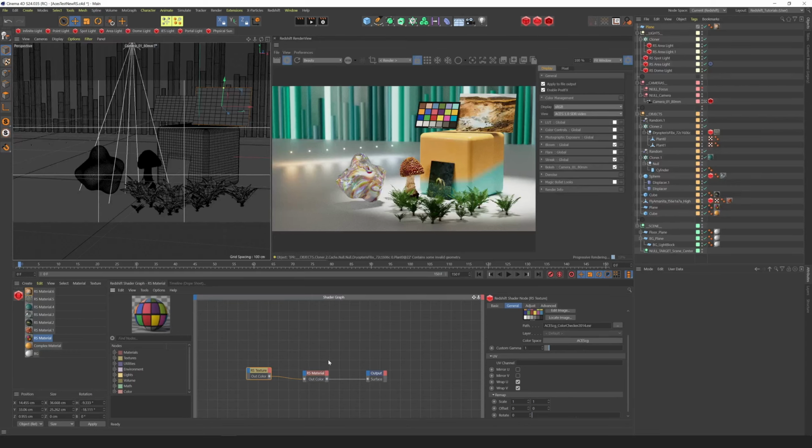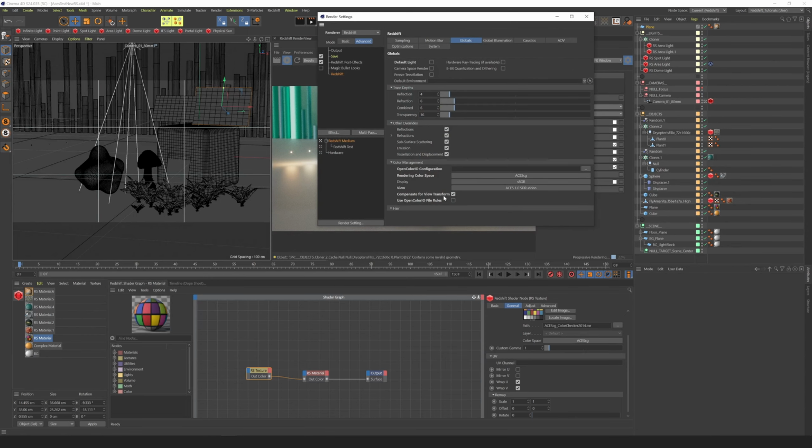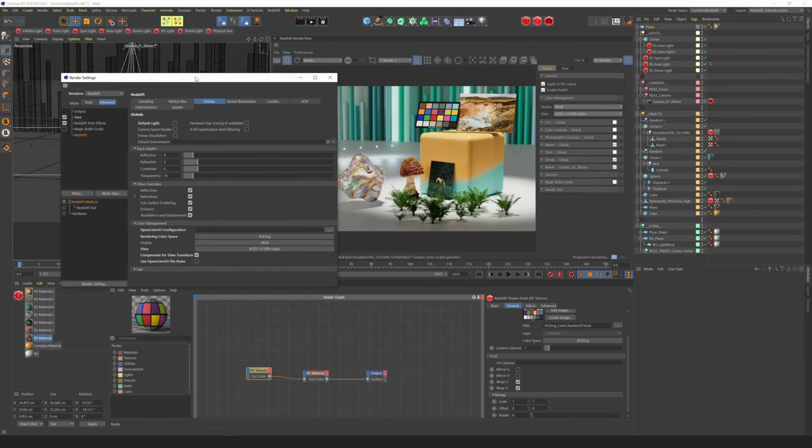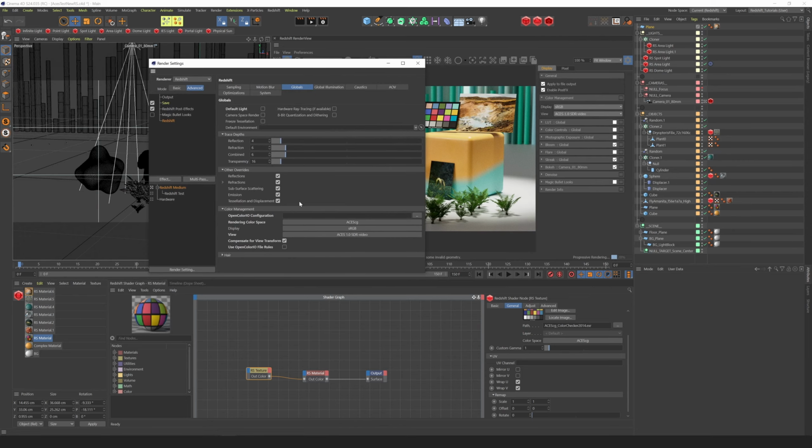So the other aspect of this is exporting. What happens now if we render this out? We have some options here under our color settings. We've got our view where we can change this to log, raw, and untone mapped. We also have a compensate for view transform checkbox. So if we were to render out an EXR as is, just like this,